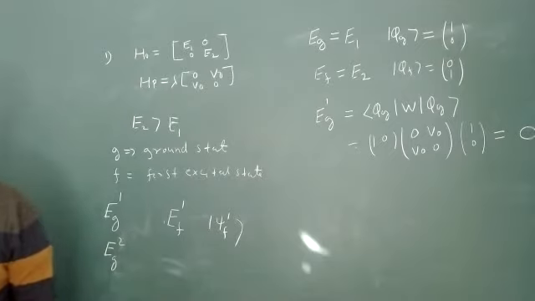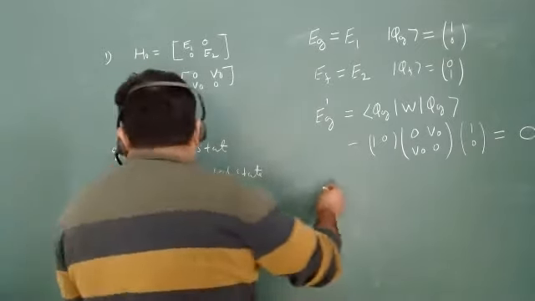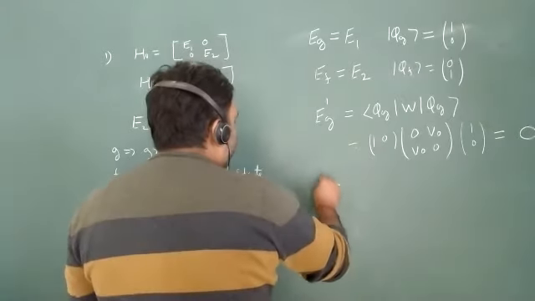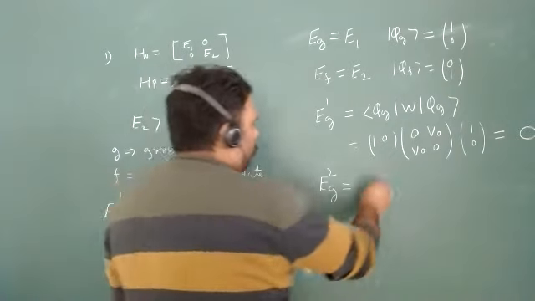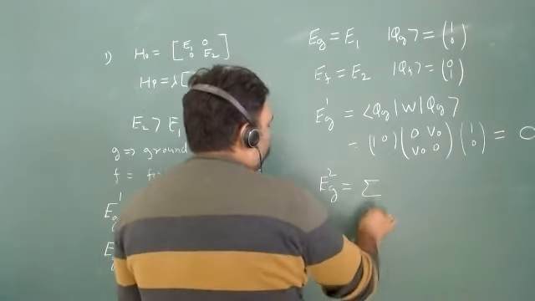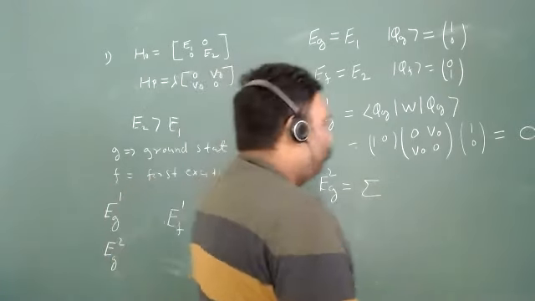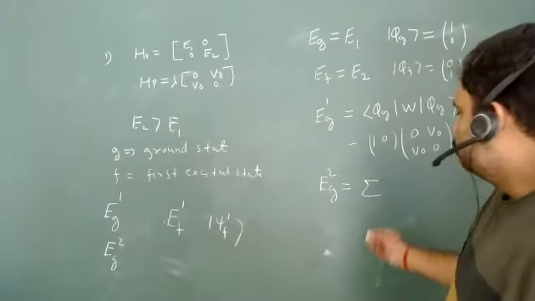Yes, are you getting this one? Okay. Similarly, you can go for EG2. Then we have to write the formula first. So we can just go for all possible values.